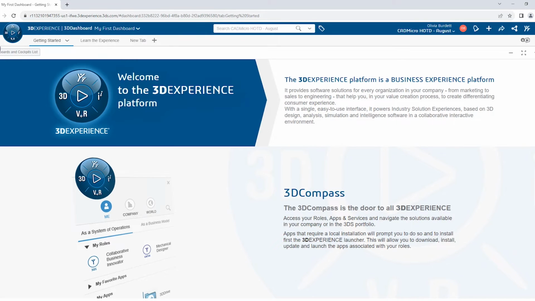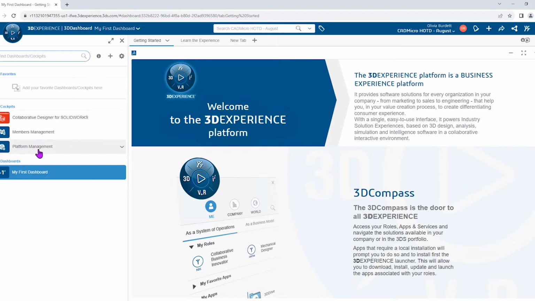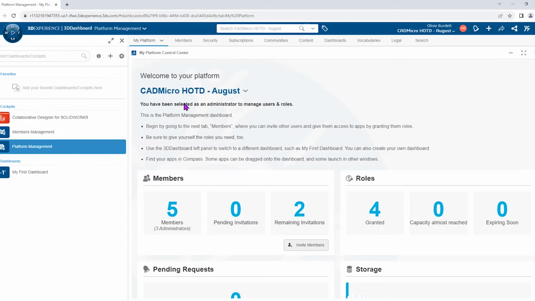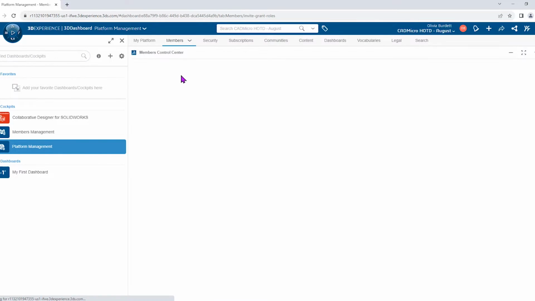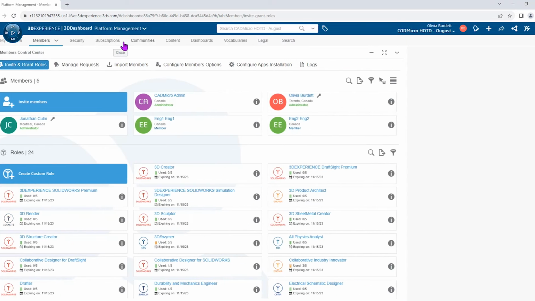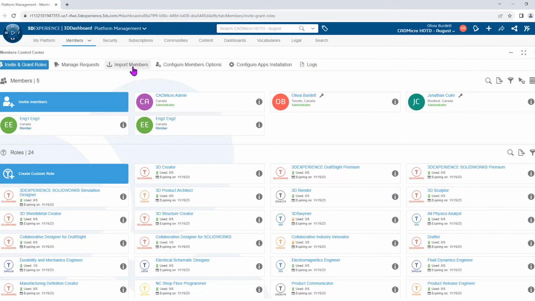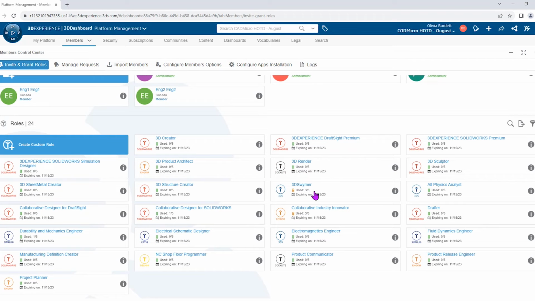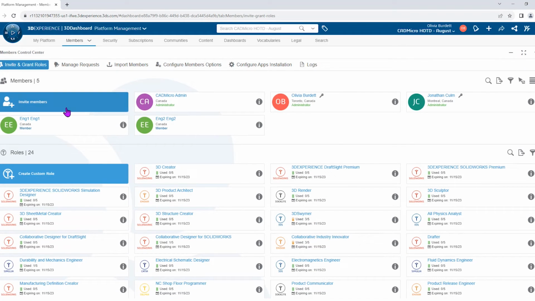Next, open the dashboard menu and go to the Project Management dashboard. Then switch to the Members tab. Here you can see the members who already have access to your platform, as well as all the roles you have access to. You need to make sure you have some available licenses of the 3D Swimmer role to invite new members. Just click Invite Members